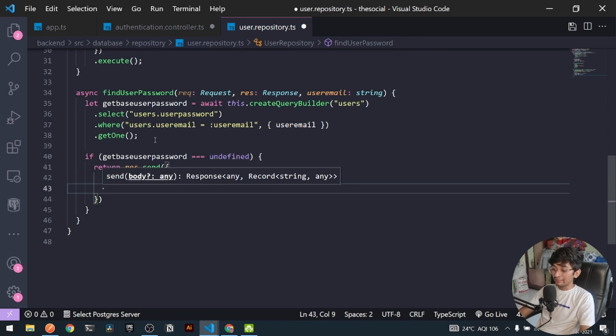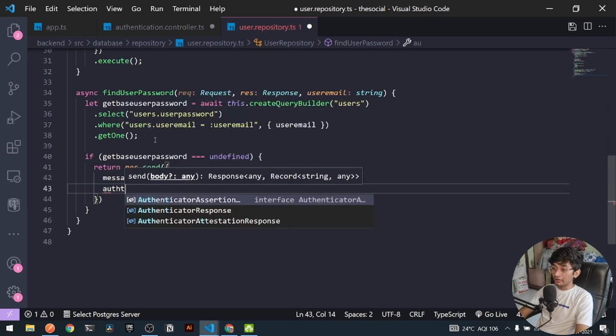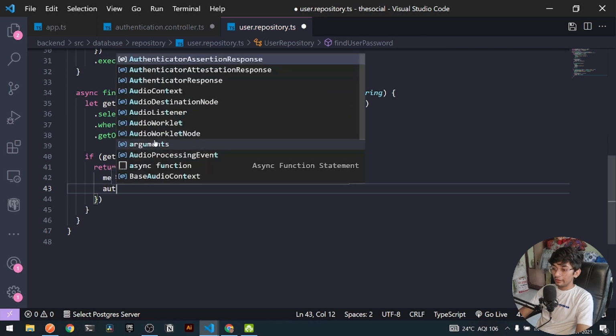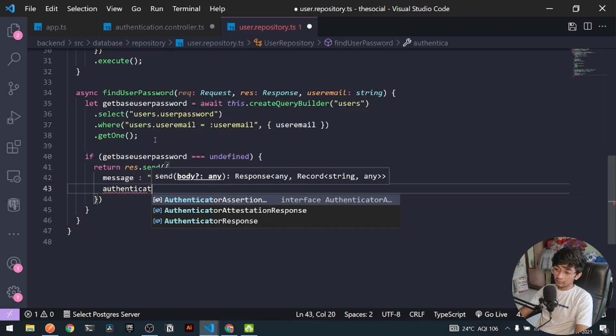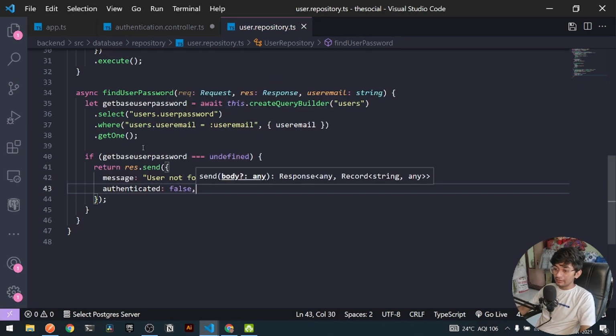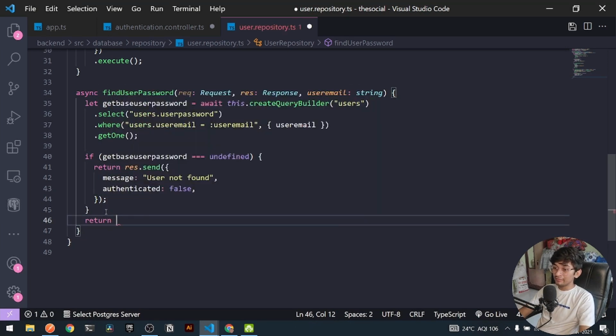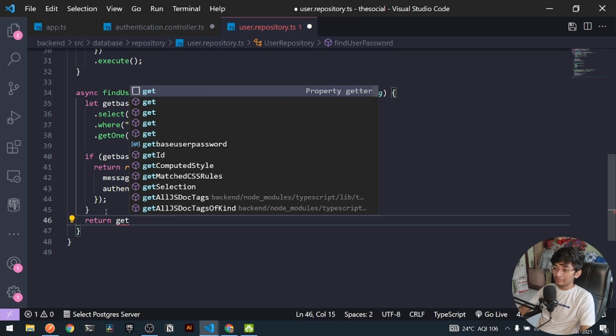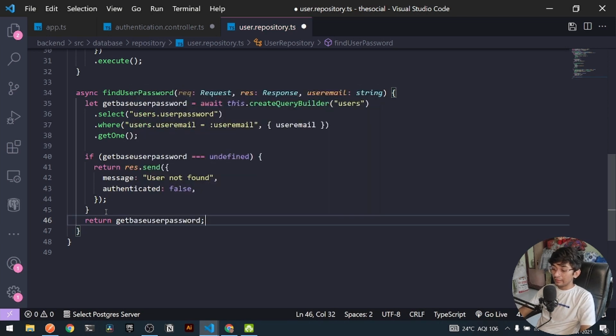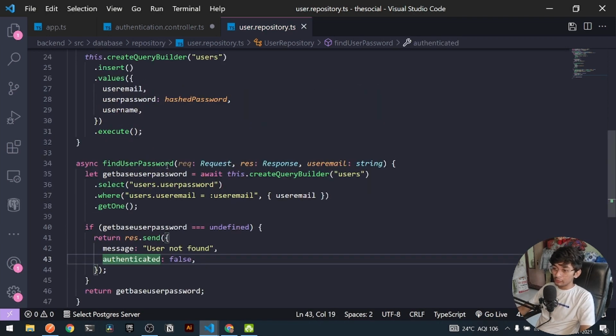And after that I can send a flag of authenticated, to be false. If the following thing is not undefined, we can send a different response, and I can return the entire getBaseUserPassword at the last. So this should be my entire thing.